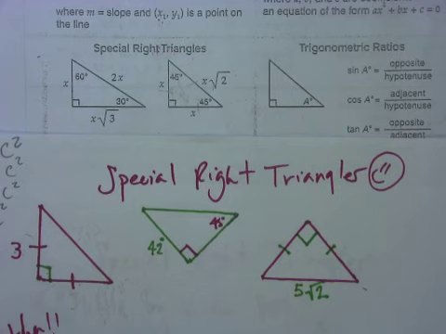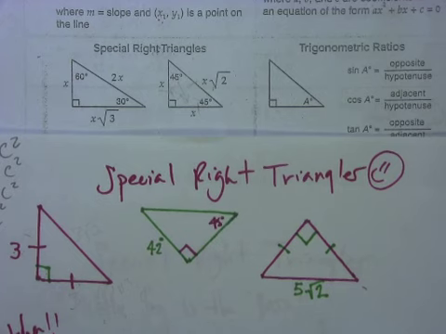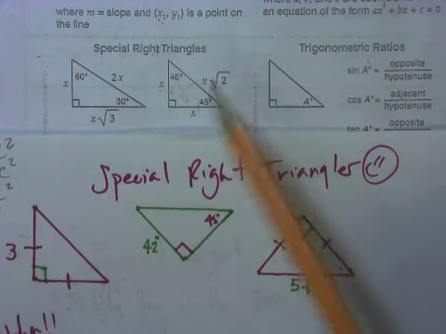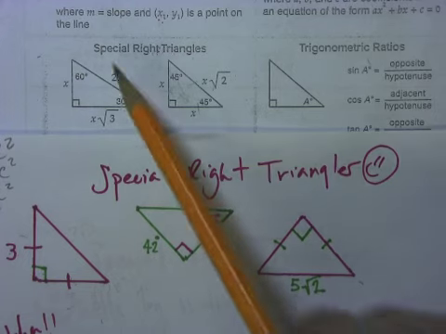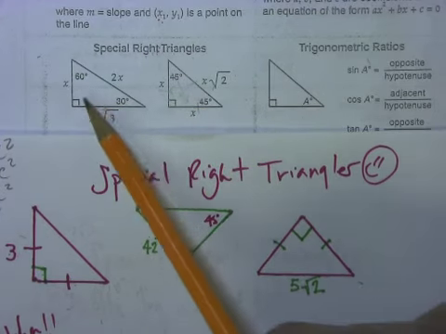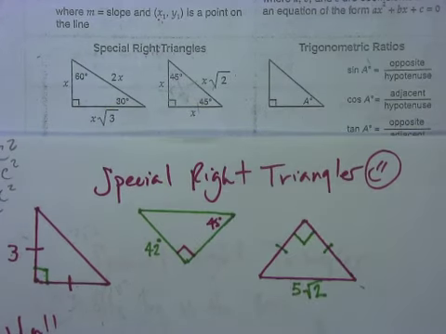Okay, so now we're going to discuss special right triangles. If you look on the back of your reference sheet, next to the trigonometric ratios to the left of it, you're going to see a title that says special right triangles, and you're going to see two triangles here. Let's start off with the